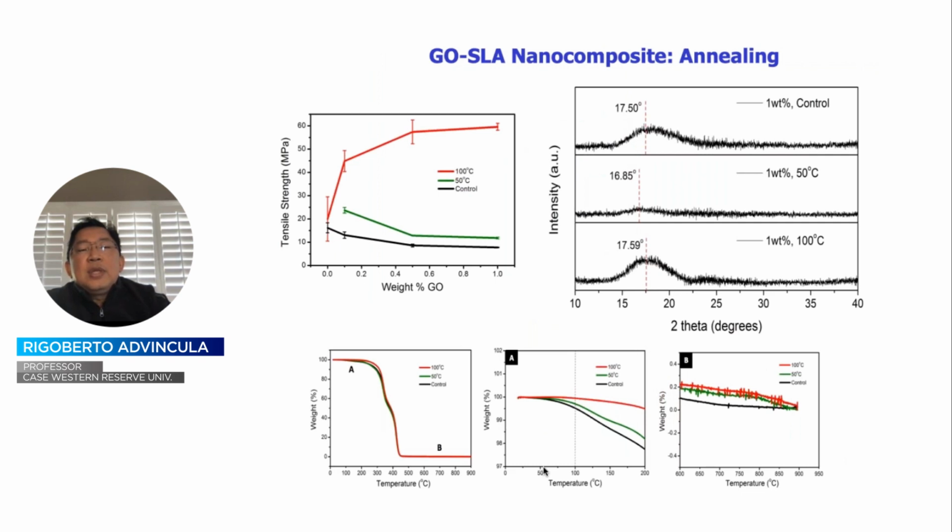What happened was that we did a control experiment where the temperature and curing time together with the amount of graphene oxide showed that by curing or annealing, which we can use liberally as a term, up to 100 degrees Celsius in several hours, actually improve the tensile strength as shown in this graph. Whereas heating it only up to 50% or not heating at all showed inferior properties even with the presence of